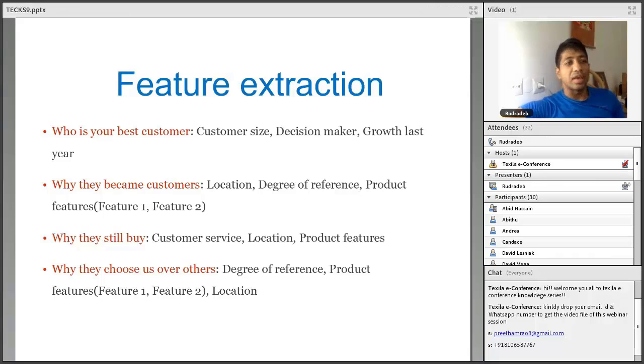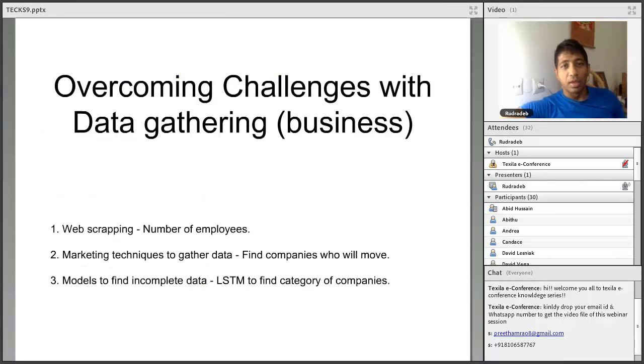Now, of course, not all the data is available, even publicly. As I told you, there are three major ways of getting data about businesses. The first is web scraping. Let's say the number of employees is one such data point. We are using LinkedIn, and we can scrape data from LinkedIn and know, okay, X number of employees are in this company. It's not completely accurate, but to some extent. So that's one way we can collect the data.